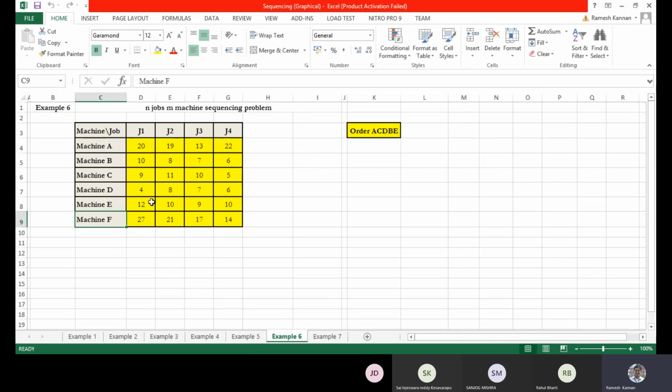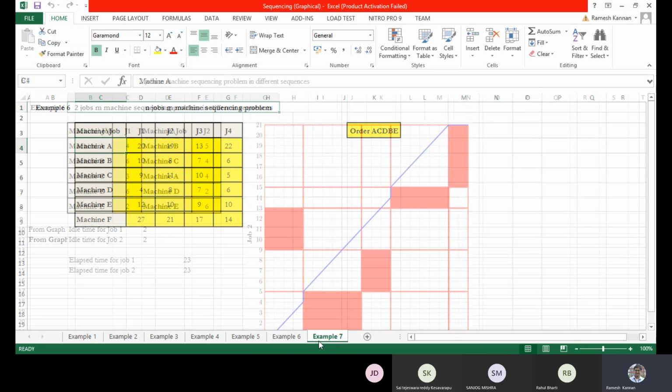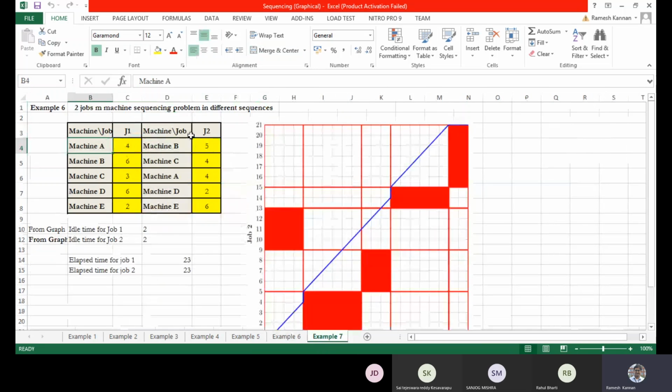fairly the same. Job 1 is done in machine A, and job 2 is done in machine A, and then it progresses. In this case, we have job 1 on machine A and job 2 on machine B, and job 1 on machine B is this, and job 2 on machine C is this. So this is a different sequence: A, B, C, D, E, and this is B, C, A, D, E, something like that. Okay. So this cannot generally be solved by the algebraic method.